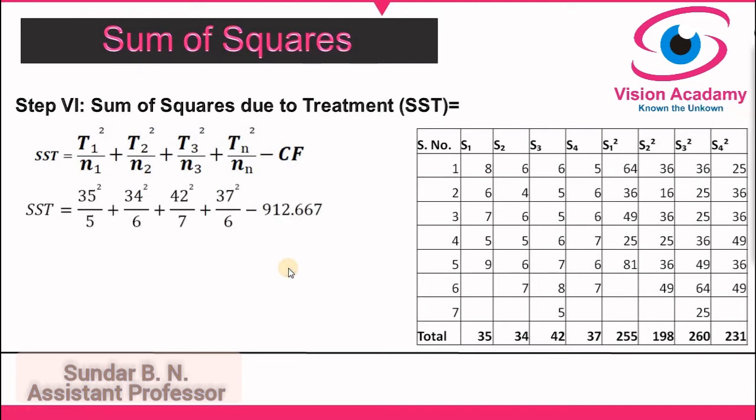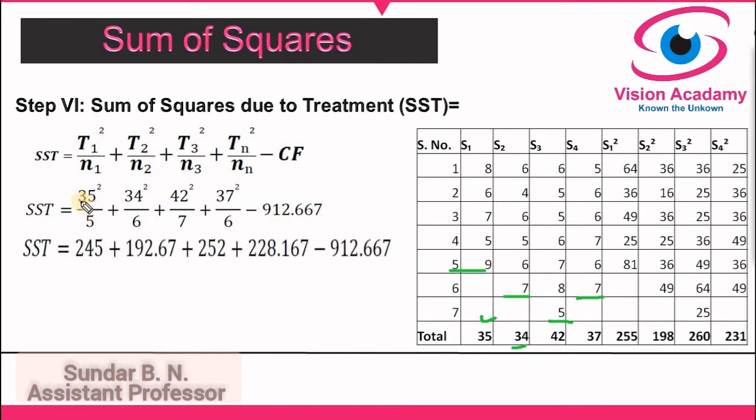So let us take the values then. Firstly, in the first column the sum of the values is 35, squared, and the sample size is 5 in the first school, so 35 squared by 5, and in the second school we have 6 samples and the total value is 34, squared by 6, and in the third school we have 7 samples and the total value is 42, so 42 squared by 7, and in the fourth school we have 6 samples with 37. So 37 squared by 6, minus the correction factor,